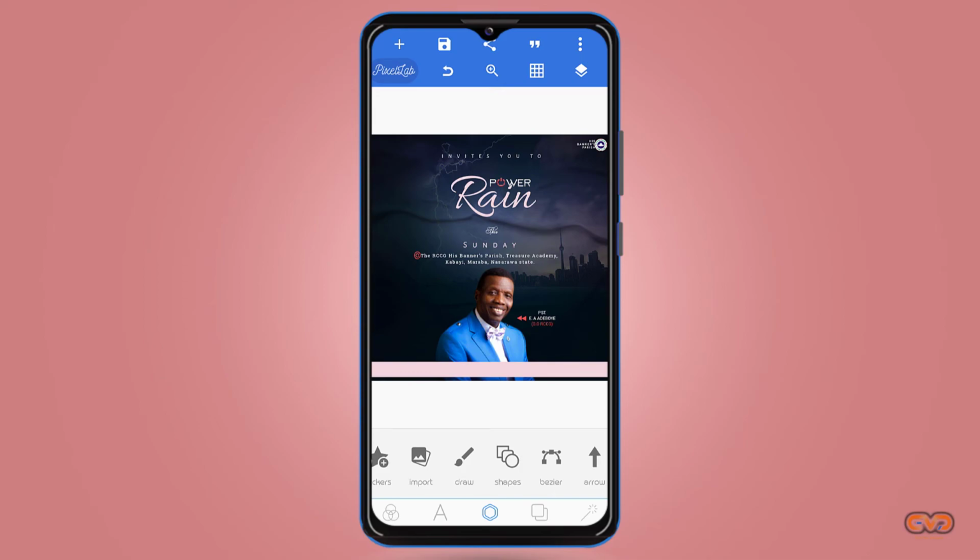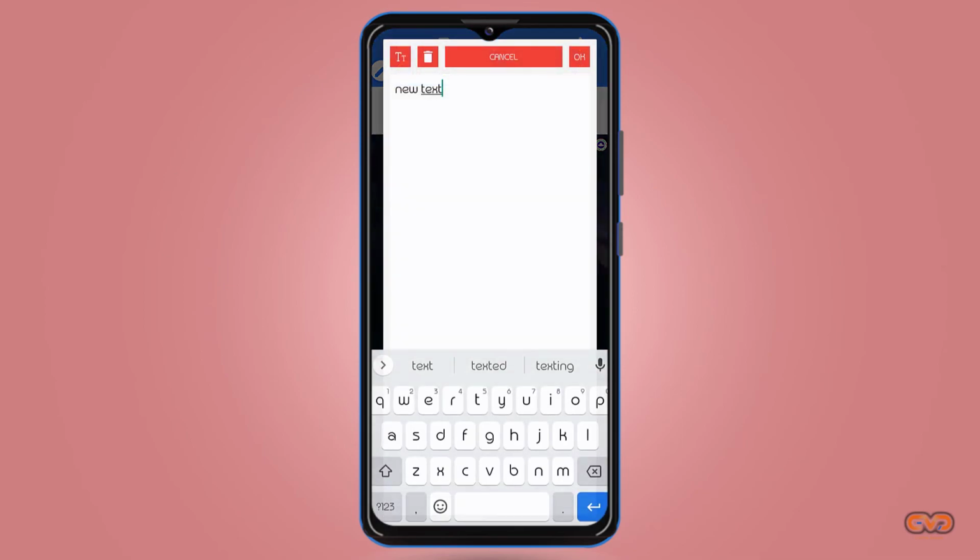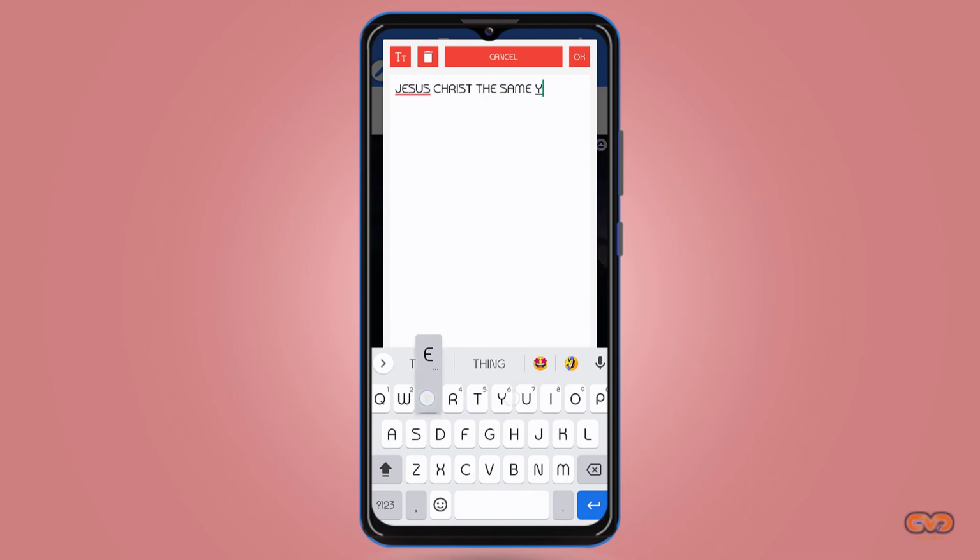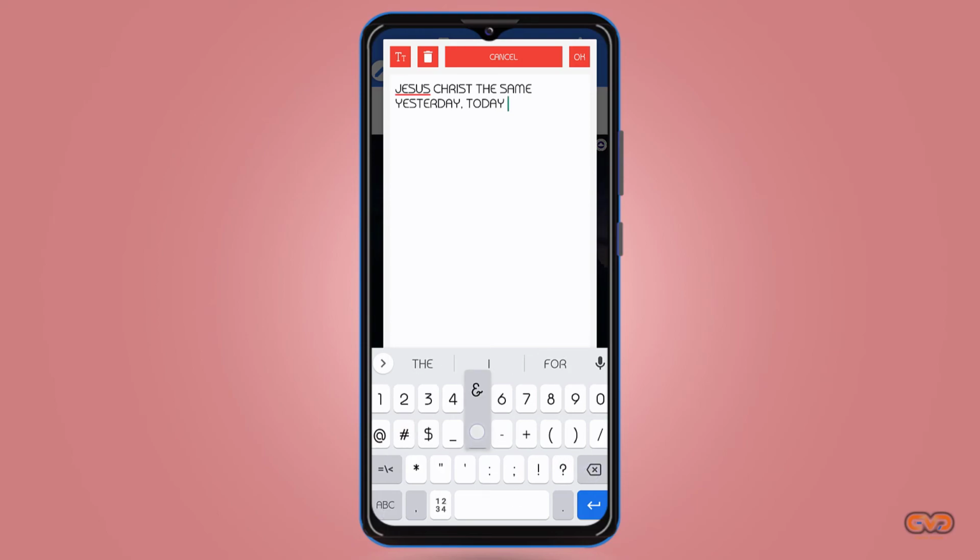So for the last part, that's still part of the final process, I'm just going to bring in my text tool, and I'm going to type. I'm just going to type here. So I'm going to clear this up and type Jesus Christ. Let me type in everything in uppercase. Jesus Christ, the same yesterday and today, and no, I don't think there will be a comma for the and forever. So the and is going to be this, and